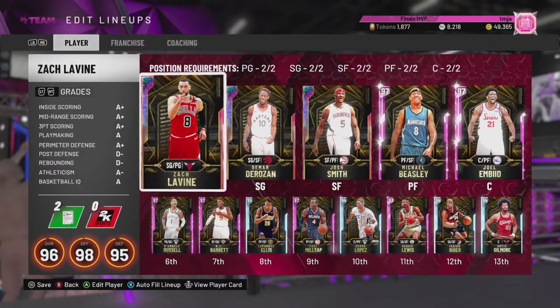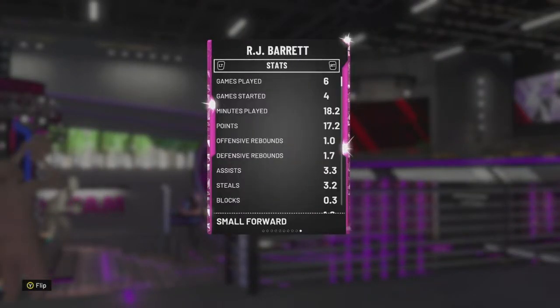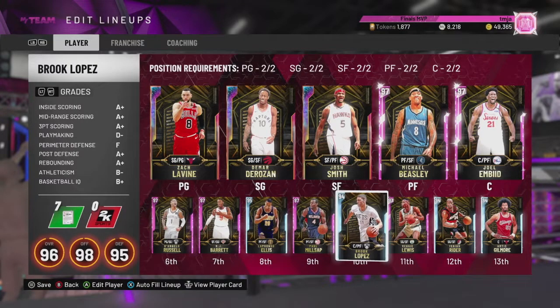the matchups and everything. And then also Barrett, he came out a while ago, but he's still a really good card. He has a nice release, 27 Hall of Fame badges, 17 gold badges. And then these guys right here are a little bit outdated, but Brook Lopez was honestly the next best center I had, in my opinion. He does have Hall of Fame range. He's a little bit slow laterally, but hopefully we don't have to defend too many pick and rolls with